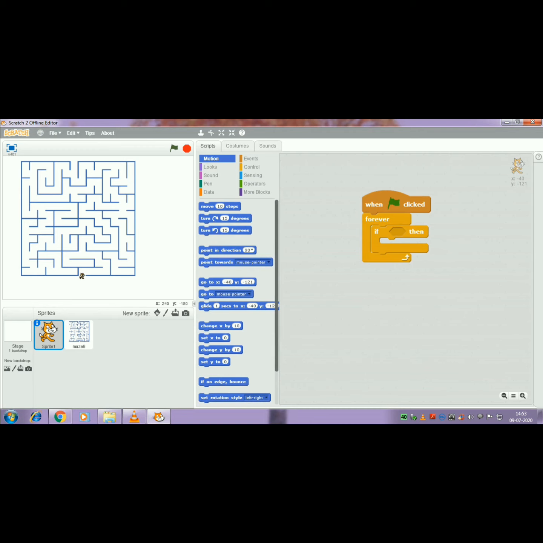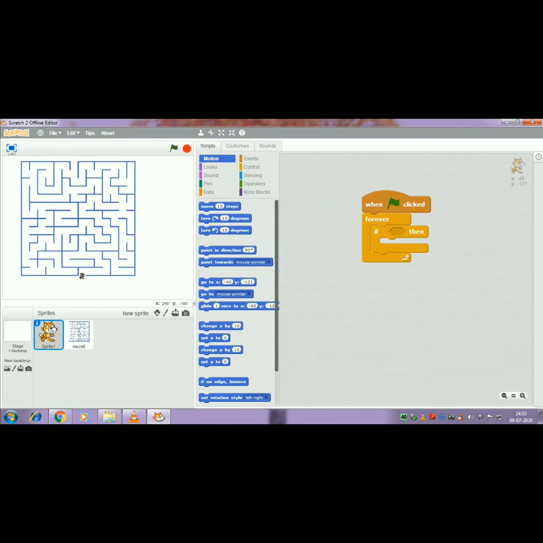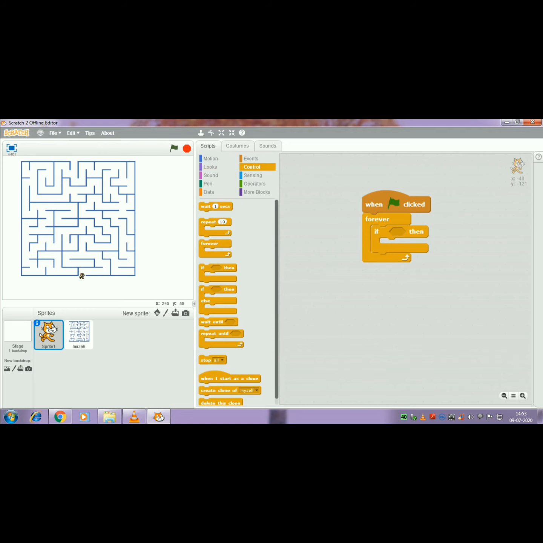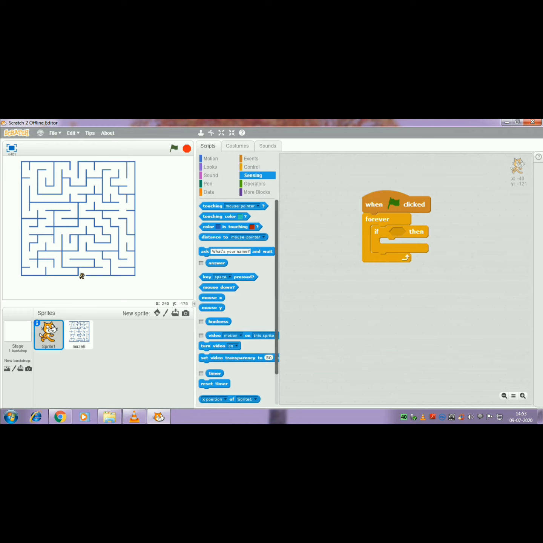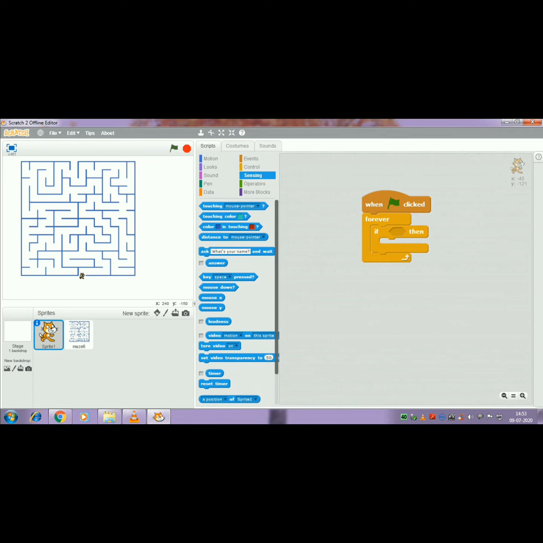Under the sensing category, you have to choose the key pressed option. After choosing that block, you have to insert it. Select key pressed and insert it.